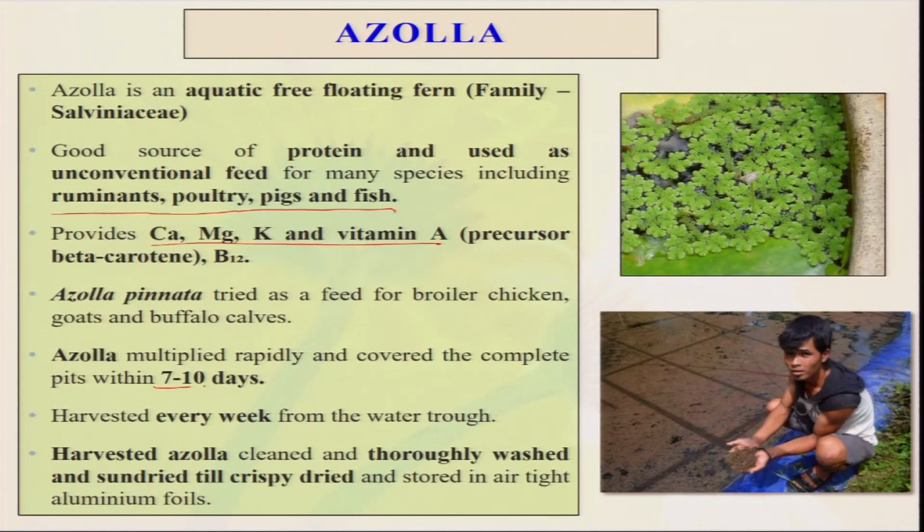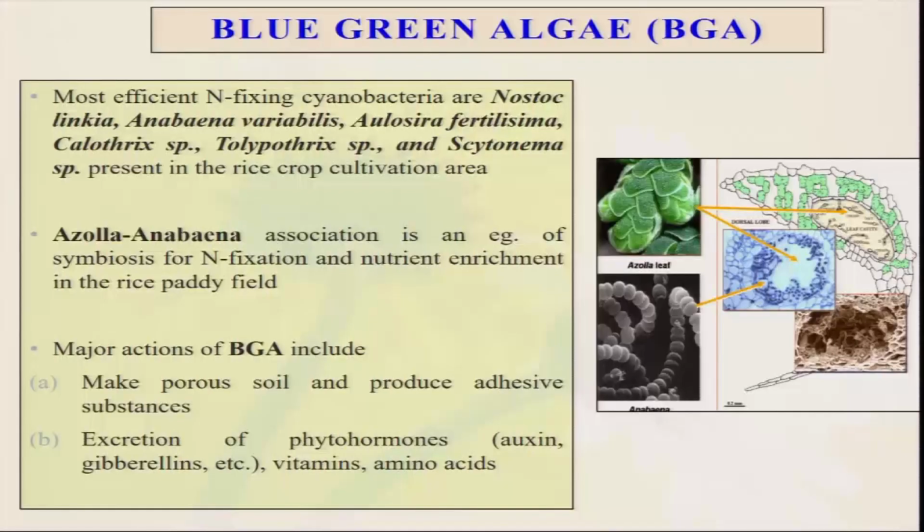Then they can multiply very easily within 10 to 20 days. They are very fast growing. So, we have to maintain some water and some nutrition, and harvested azolla can be dried and stored. And you see, I have already told, within this